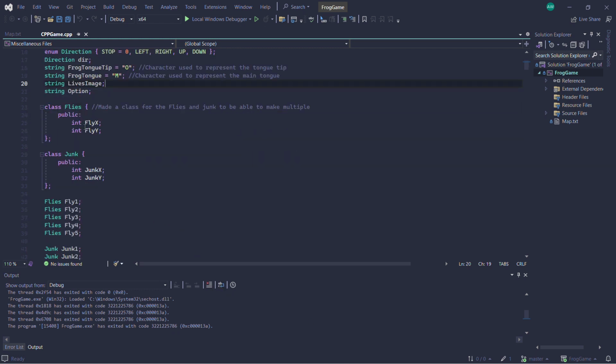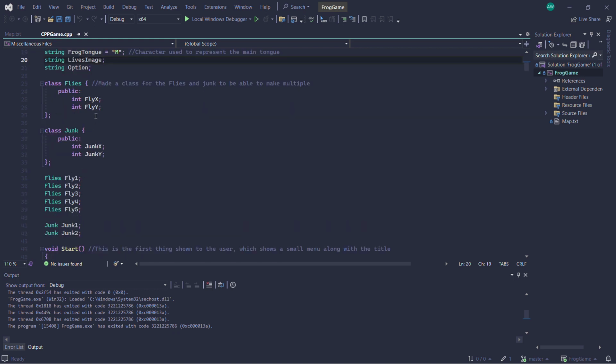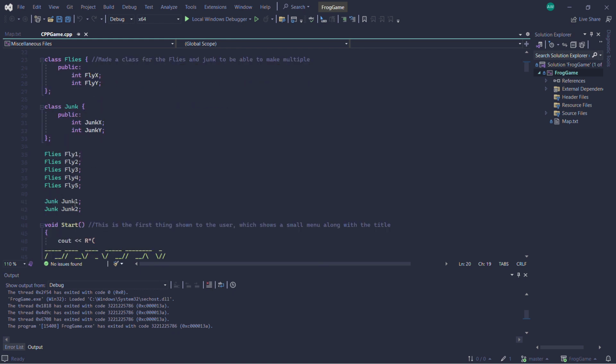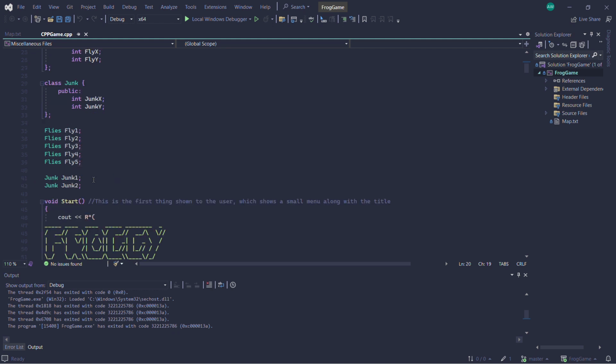Next up, I've made classes of flies and junk. Again, this doesn't really mean much, but once you play the game, you'll know what it is. They contain the coordinates of the object that it is, like the flies' coordinates and the junk's coordinates. And as you can see, I've made 5 flies and 2 junks. I tried it out with different amounts just to see how it played, and I thought these looked the best